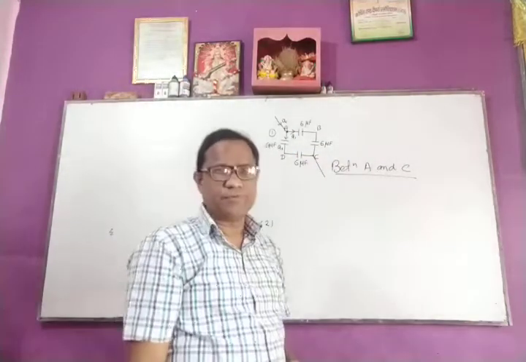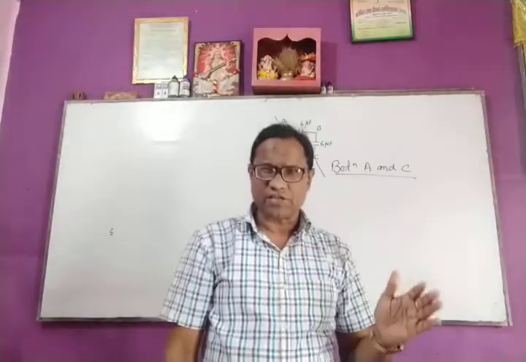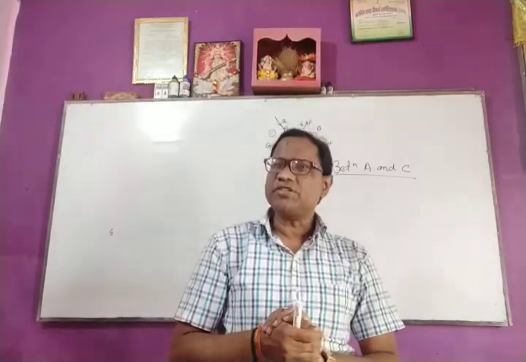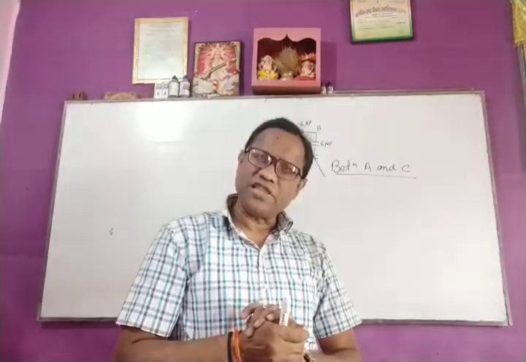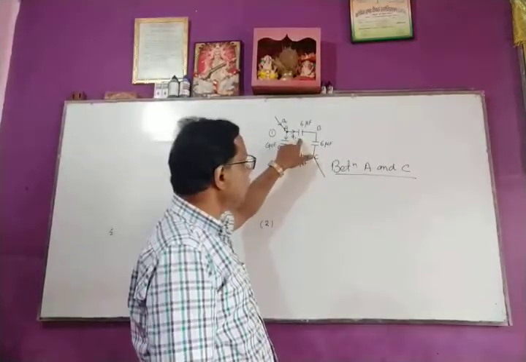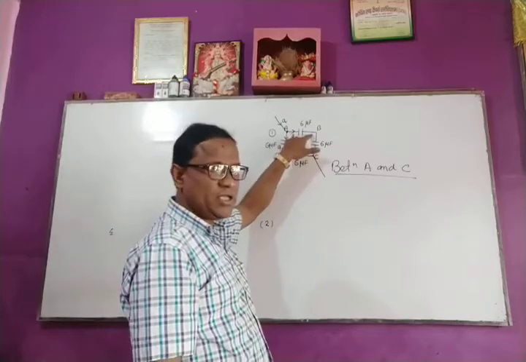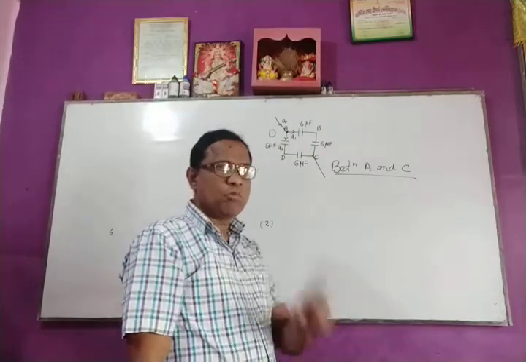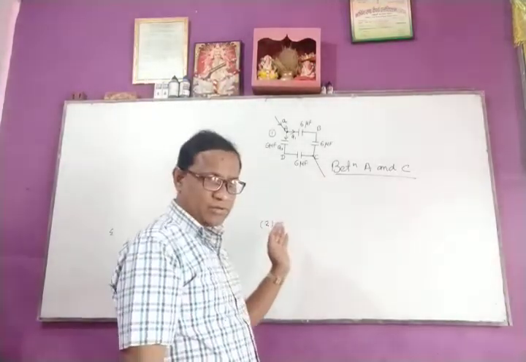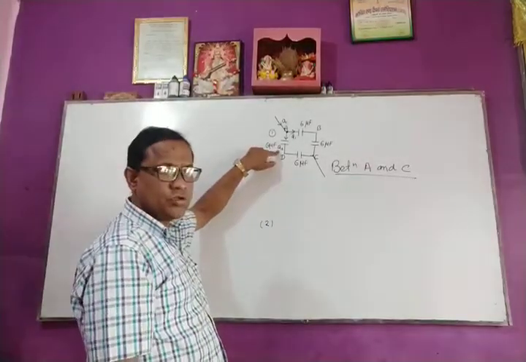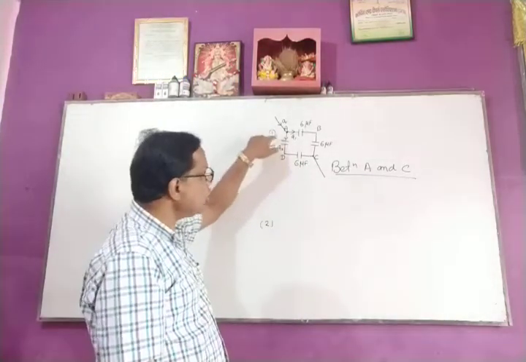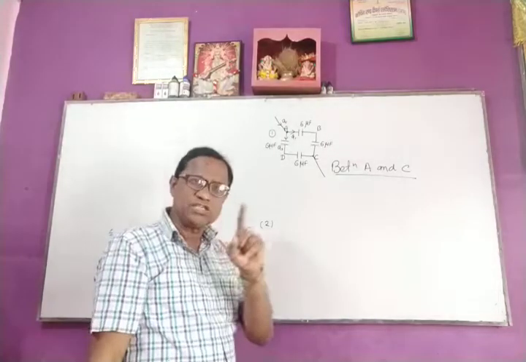So we know that 2 or more capacitors are said to be in series if the same charge is flowing across them. In this figure, the same charge Q1 is flowing across AB and BC. So both are in series connection. Another charge Q2 is flowing across AD and DC. So they are also in series.